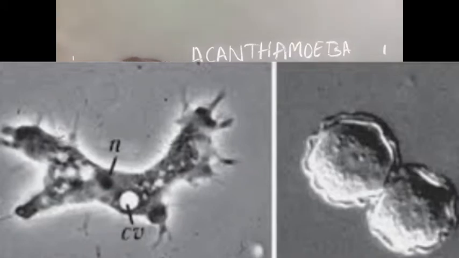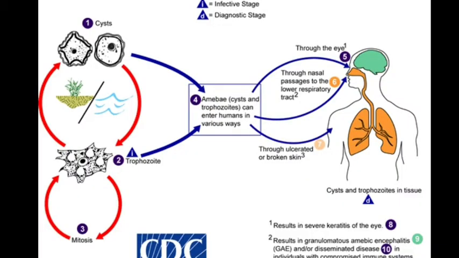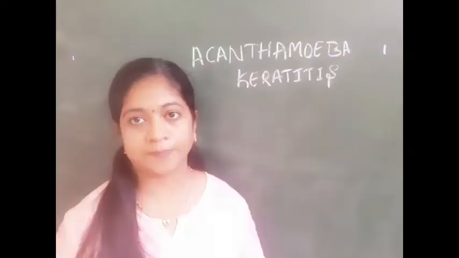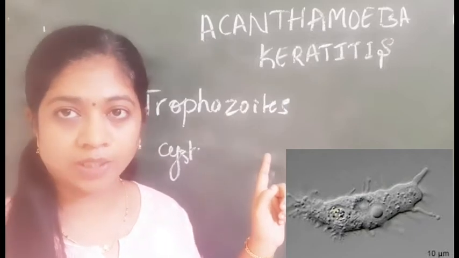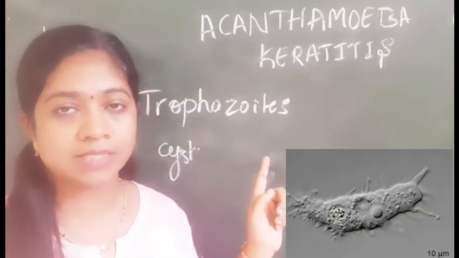cycle of this acanthamoeba needs a special mention because it exists in two forms called as the trophozoites and the cyst. It is important to know about this life cycle of the acanthamoeba because that plays an important role in the clinical symptoms which it presents and also in the management of the acanthamoeba keratitis. So these trophozoites are motile organisms which contain one single nucleus with the contractile cytoplasmic vacuoles.